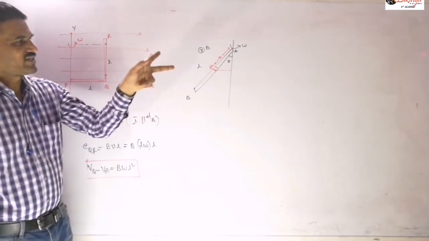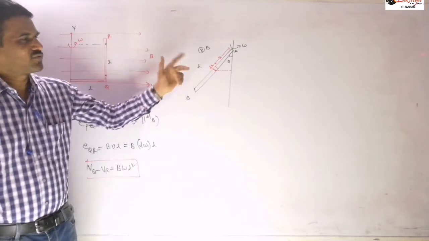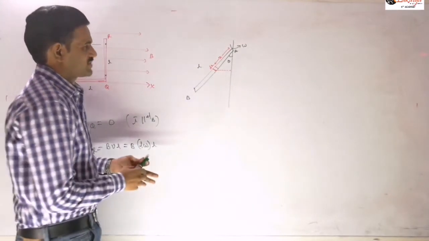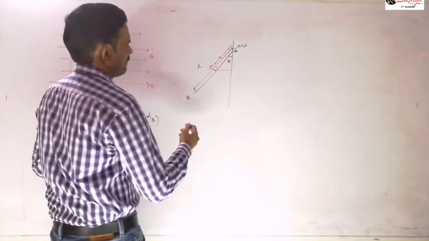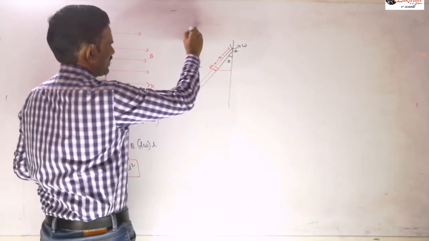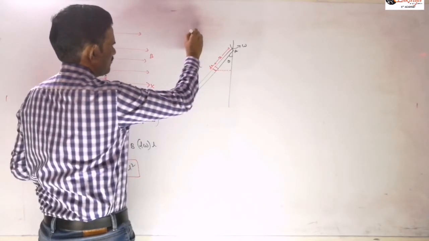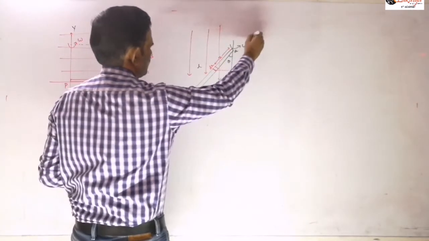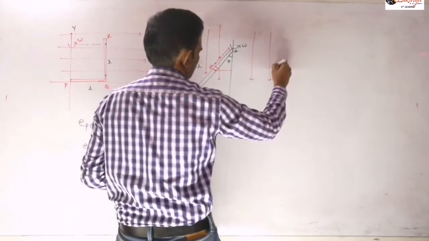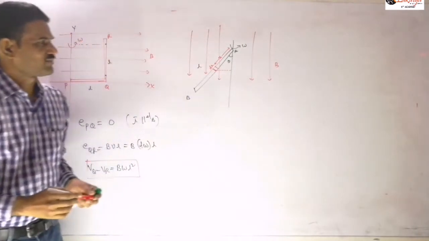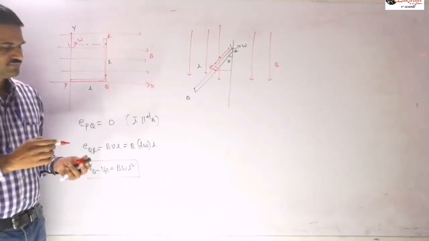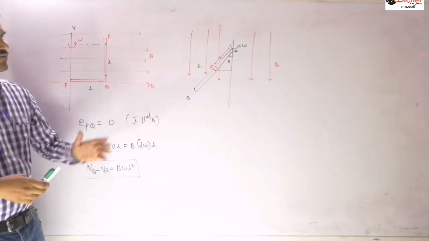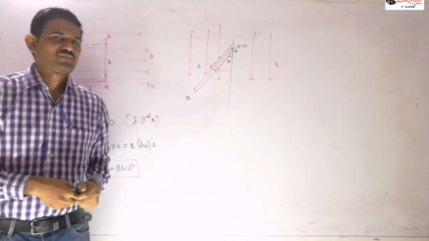So here if you take the magnetic field like that, then the induced EMF you will get is 0, because at that instant the velocity will be parallel to the plane. So let us change the magnetic field direction here. Let us take the magnetic field directed downwards. There is some uniform magnetic field along this direction. Because if you take it either perpendicular to the plane or parallel to the plane, the induced EMF will be 0 at that instant.